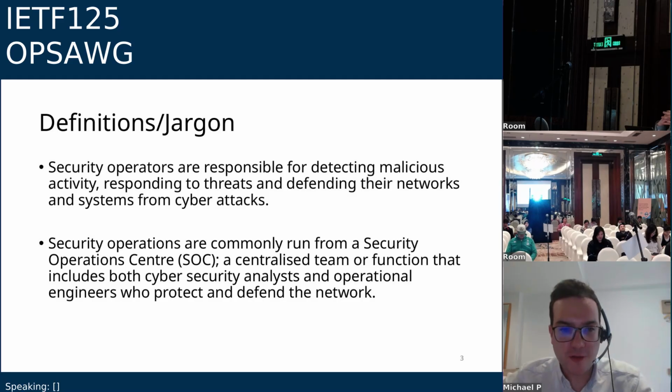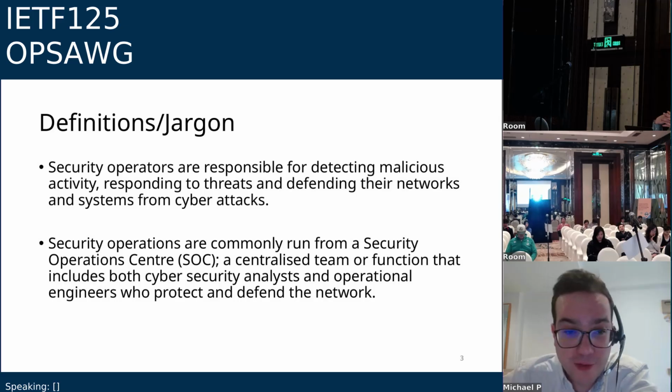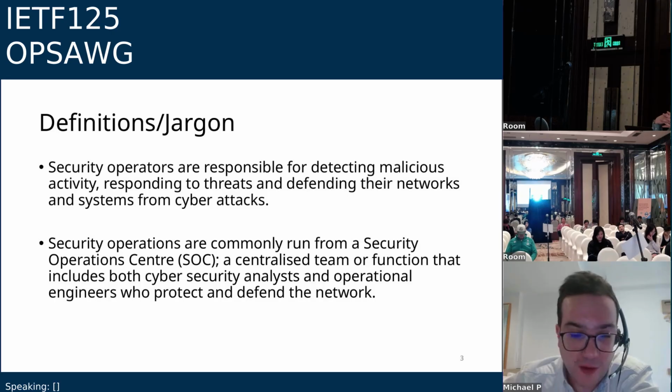So when I first started writing this and I was discussing it with some people at IETF, I got a comment that was roughly, but what do you mean by SecOps? What do you mean by security operations? And I think that comment made me think two things. Firstly, it highlights the value of this informational draft, but